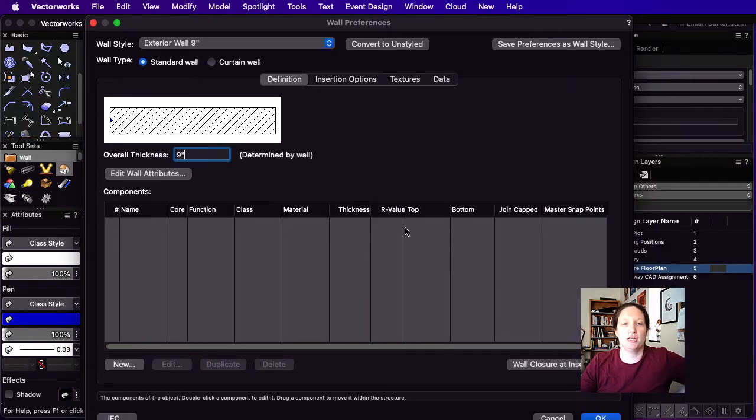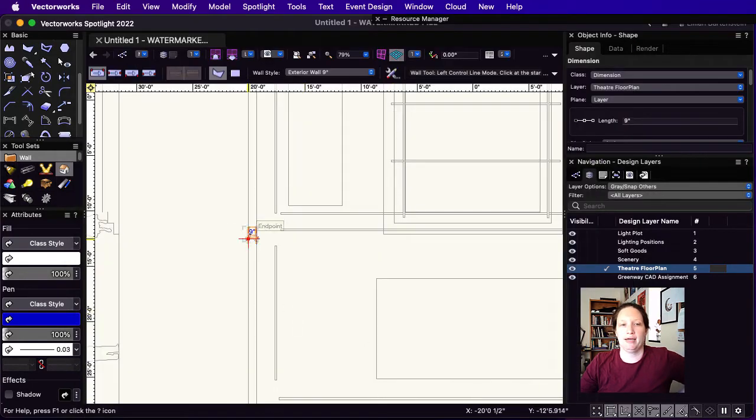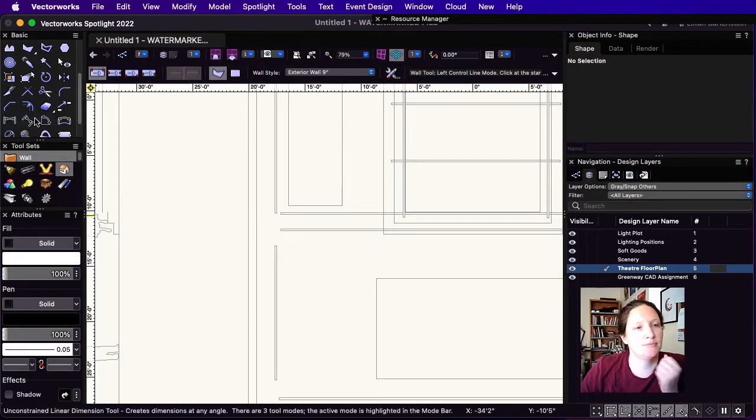You can also change in this components the height of those walls. I don't remember right now what that height will be, but if you wanted to, you could add a new component and give it a wall height if that's something that is helpful to you. But we're going to skip that for now, and we'll change the height after we trace the walls that exist. So I'm going to click OK, and I'm going to delete that random thing,